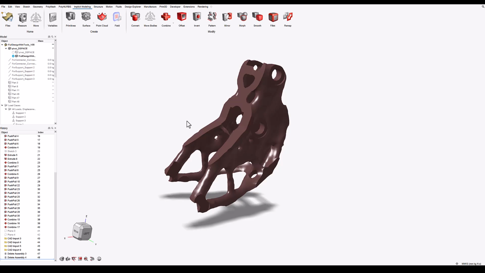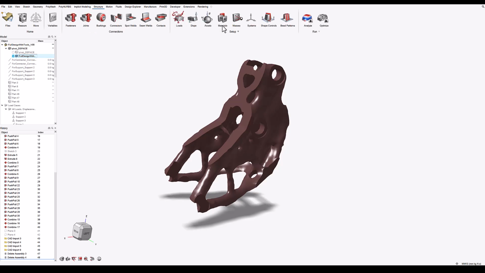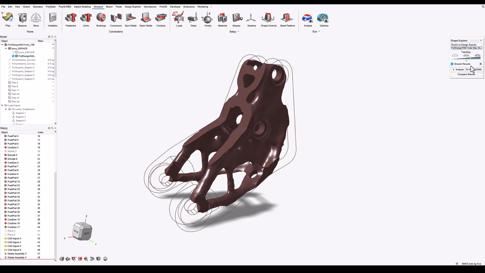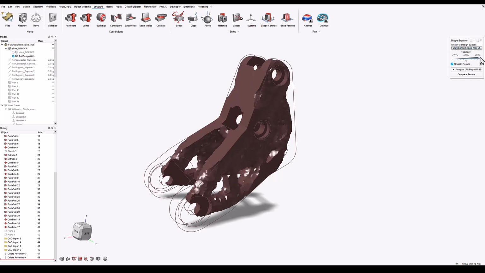In this video, I'll show how some of the new point cloud features can be used in geometry recovery and improvement within the context of topology optimization. On the screen, you can see a topology optimization result from Altair Inspire, including the original design space, the optimization result, and we can also change the density threshold to specify whether we want a thicker or thinner model from